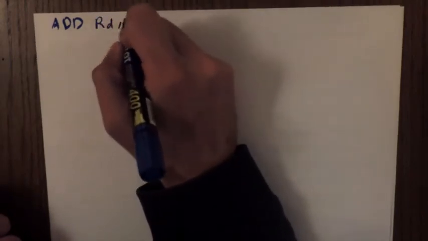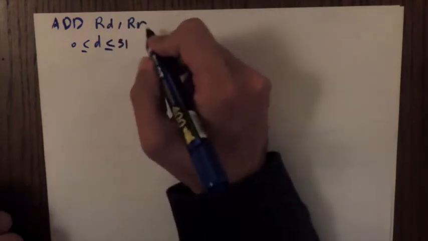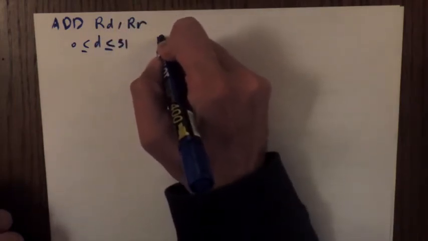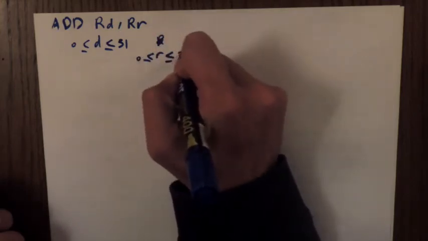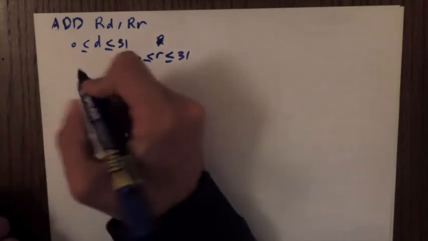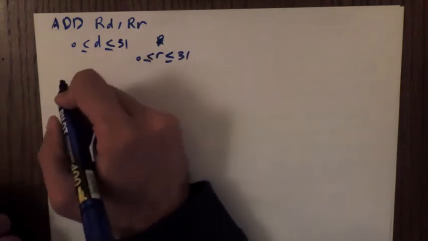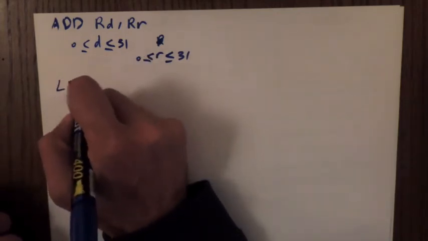So now if I want to add those two numbers, I can use the add instruction. It takes two parameters, two registers from the GPR, Rd and Rr. Rd can be any register from 0 to 31, and Rr, small r, can also be between 0 and 31. So in this case, if I want to add 5 to 6, I can do as follows: